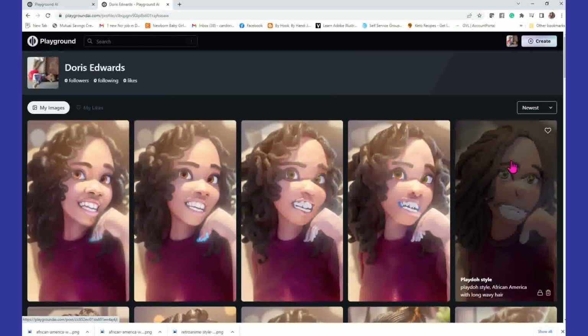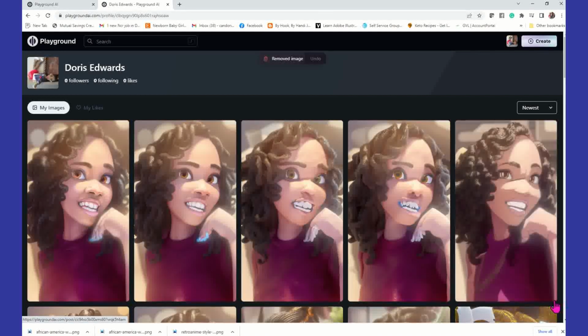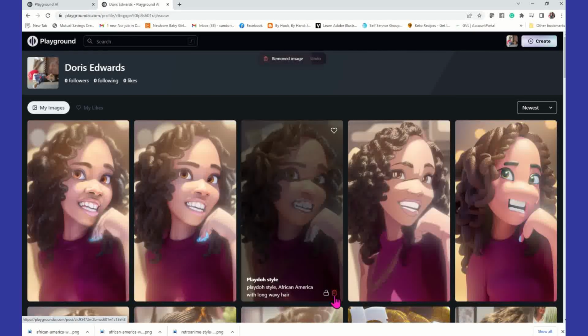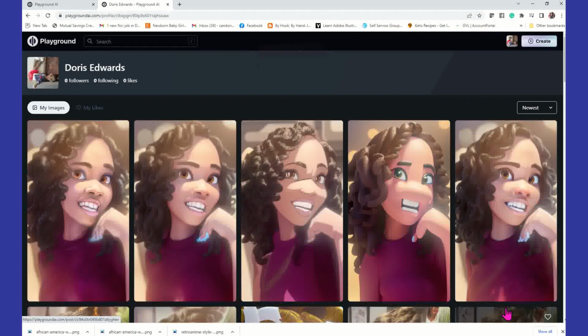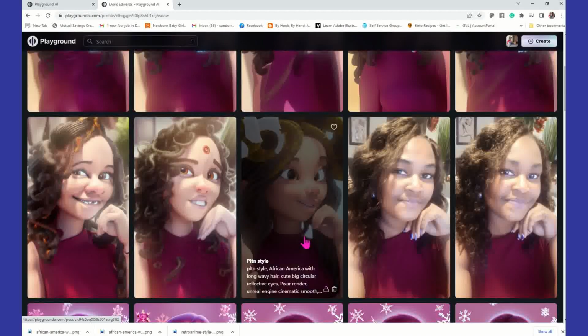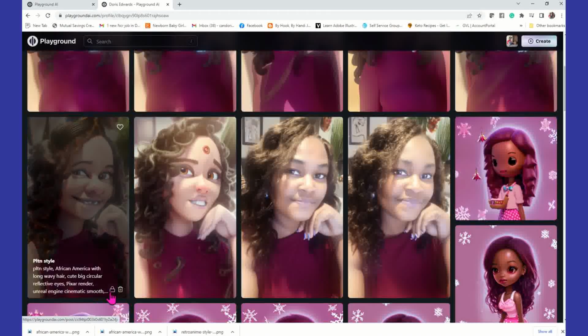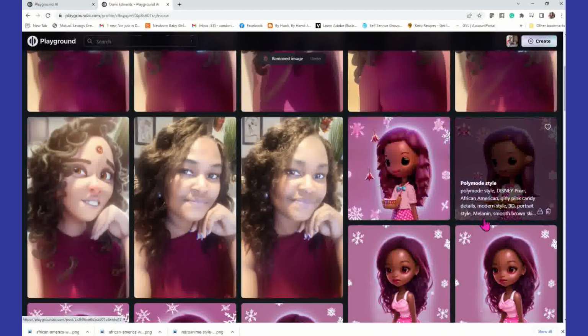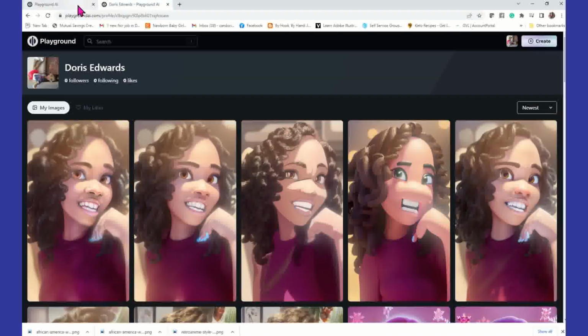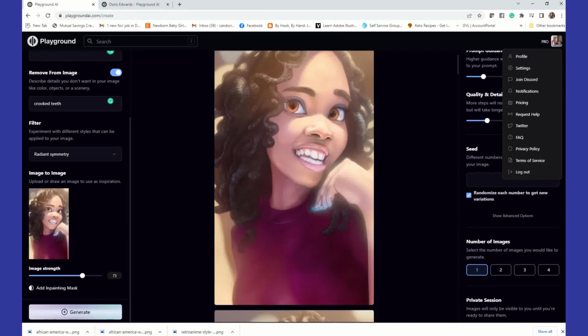And then if you have some that you really know you're not going to use, like I'm definitely not going to use this, you just click on the little trash can and delete it out. Okay. All right. So I just wanted to come out and show you guys how you could use Playground AI for your images and get them in your likeness, but use the filters to make them similar, and give them a different feel, but not the same. Okay. And again,